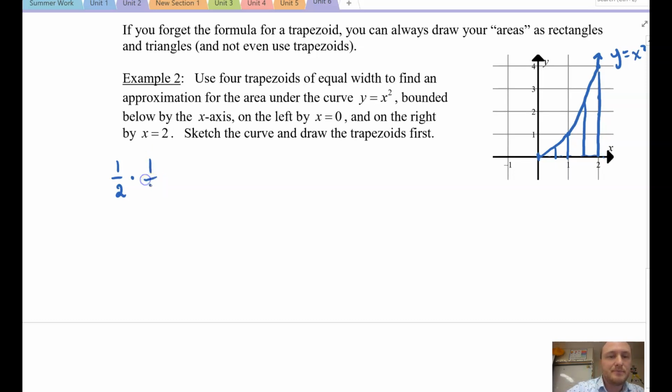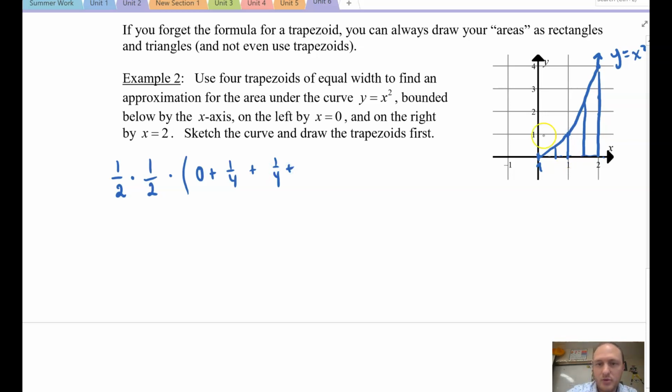So 1/2 times 1/2, okay? And I'm going to multiply now by the summation of the heights. So I'll take this first value here, which I'll call h sub 0, and that height is 0, plus the second height, which is 0.5 squared, or 1/2 squared, right, so that's 1/4, okay, plus, again, now I want the summation of these two heights. Okay, so 1/4